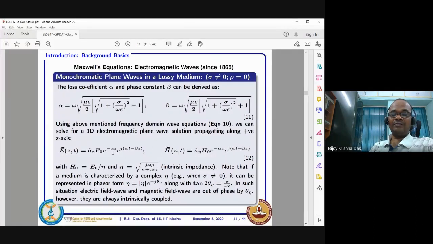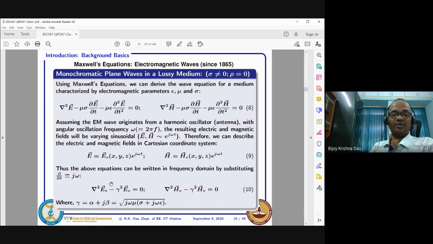So alpha is real, you remember that. Alpha is real and it comes with a function of z. That means it is actually attenuating. So as long as alpha is non-zero, as it propagates, you will see the field attenuated. Along with that, you have this oscillation function. It will oscillate as a function of time, as well as a function of z, because along the z direction you have sinusoidal solutions. We are considering only z dependence here, so the equation is sinusoidal and the solution is sinusoidal.